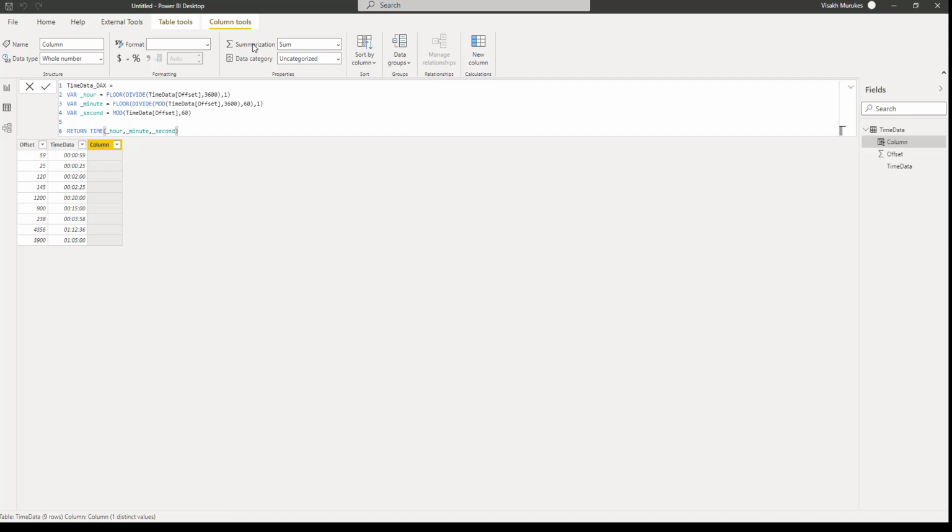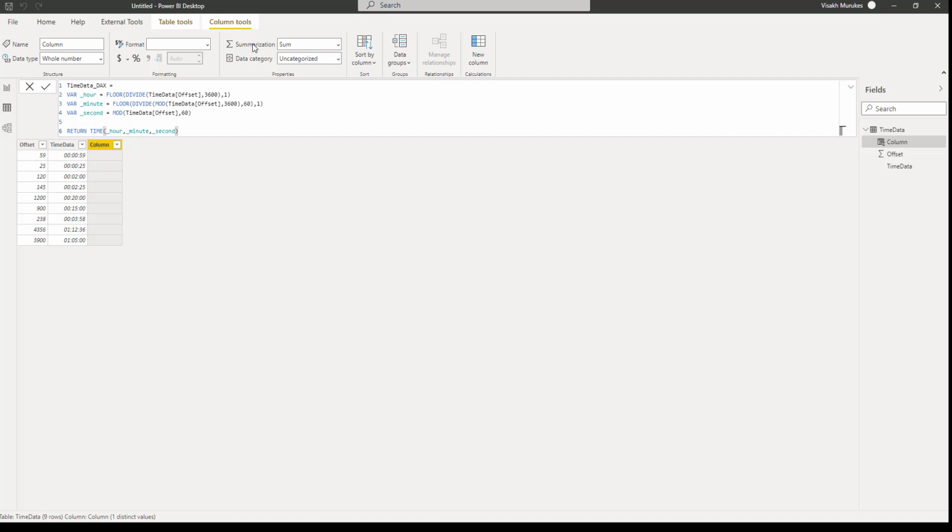So what we have here is three variables, underscore hour, underscore minute, and underscore second, to get the hour, minute, and second part from this available offset data. And it's simple math logic that we'll be applying here. For getting the hour part, we'll be dividing it by 3600. As you know, 3600 seconds will make an hour, and what we have on hand is a seconds related offset value. So once we divide it, we will get the number of hours contained inside our offset value, and then we will take the floor of that to make sure that